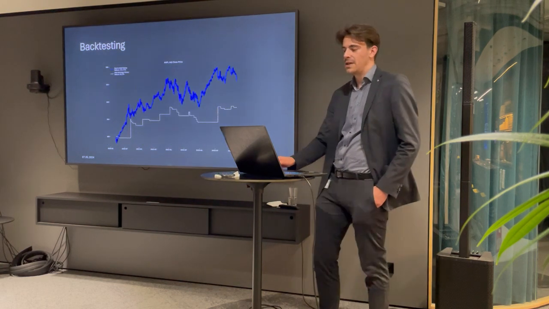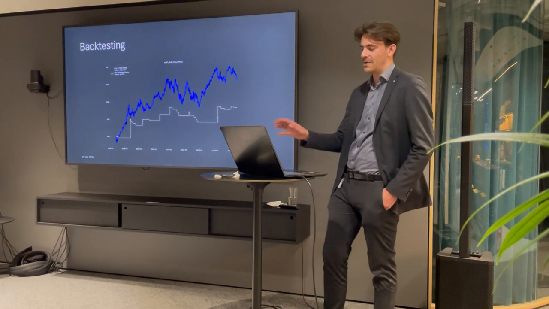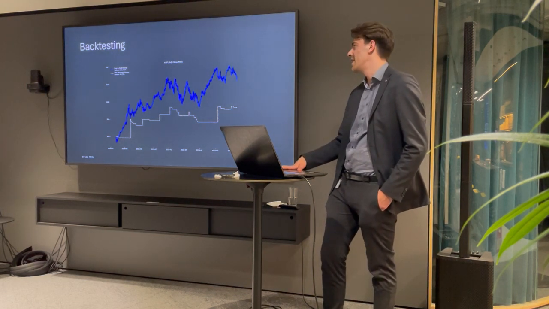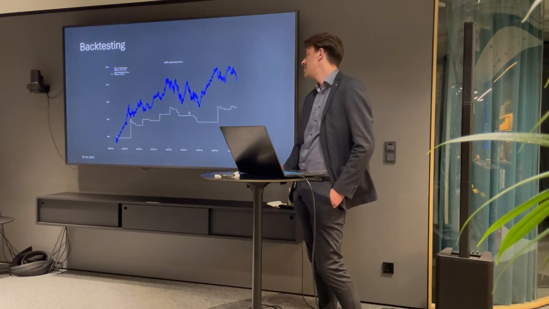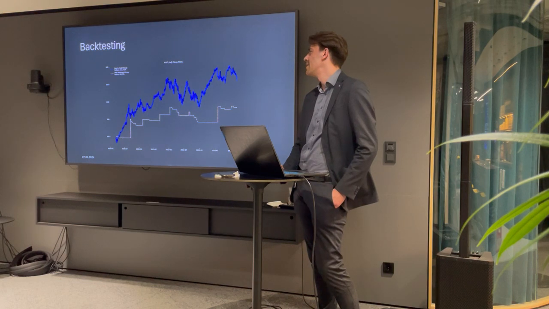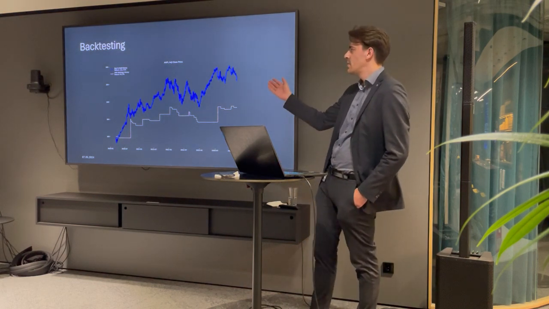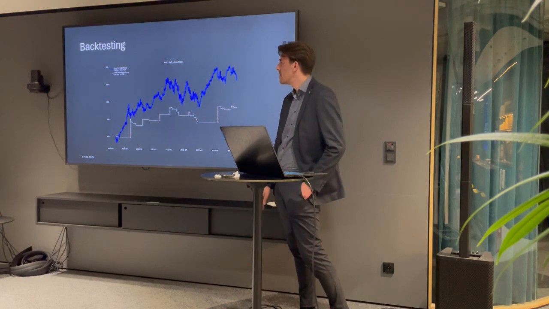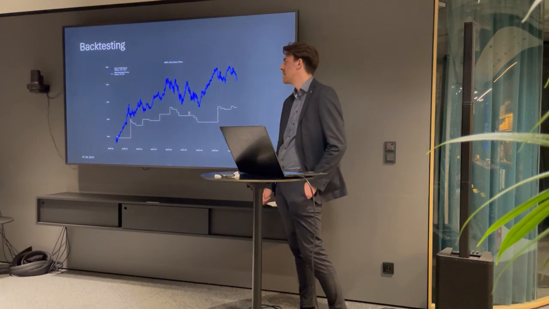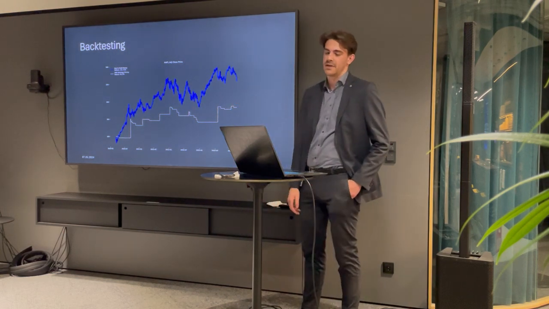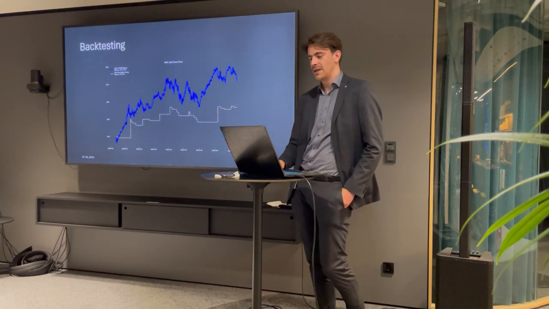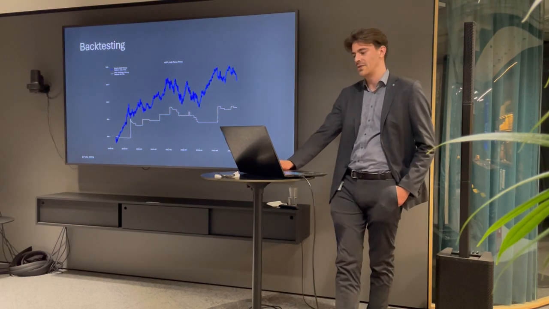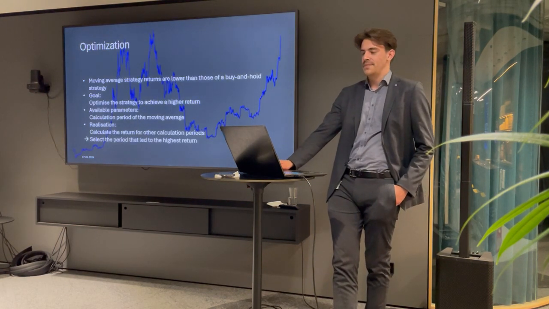Especially interesting is when you compare your strategy to the strategy where you just buy the share at the beginning and hold it to the end, which is also known as buy and hold. What we can see here is that our strategy underperformed the buy and hold strategy. With our strategy, we would have a return of around 81%. If we had just bought the Apple share at the beginning, we would end up with a return of around 150%. So it was not an advantage for us to use our strategy, and the optimization of the strategy comes into the game.